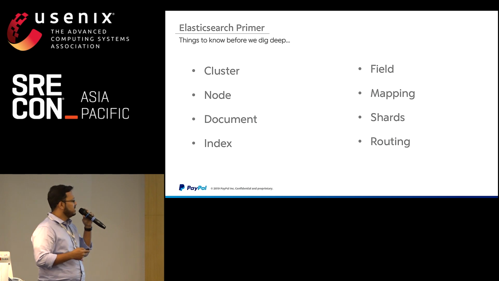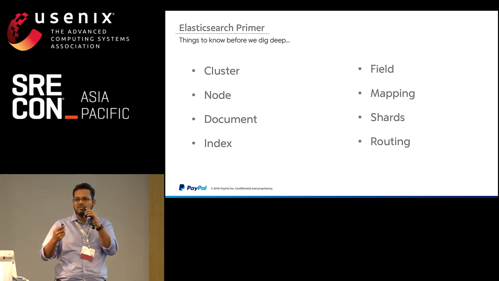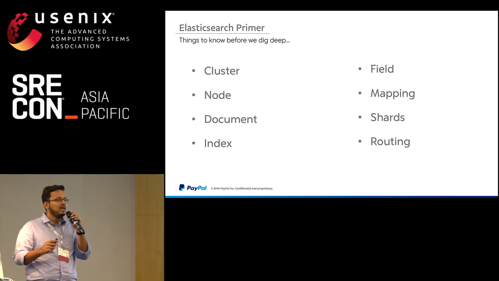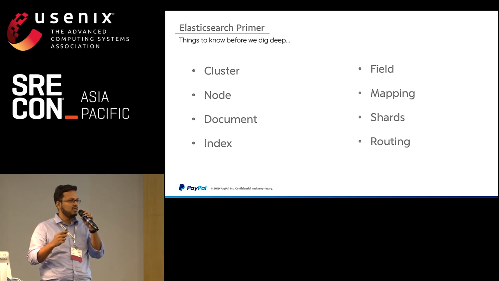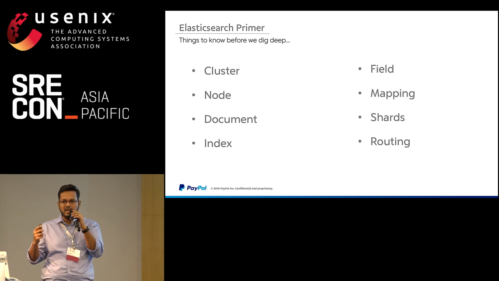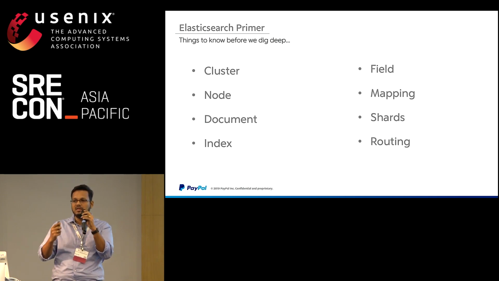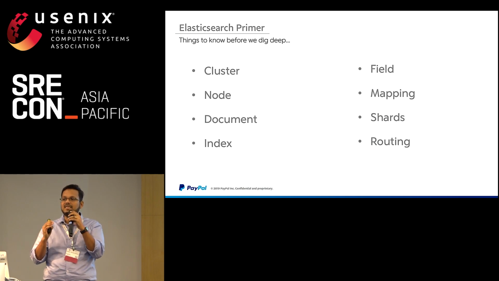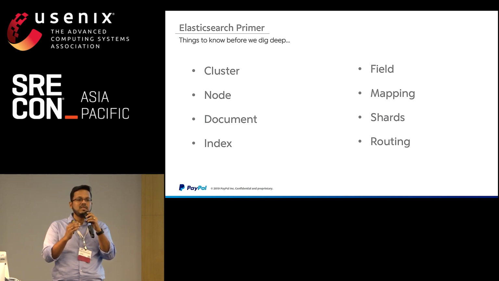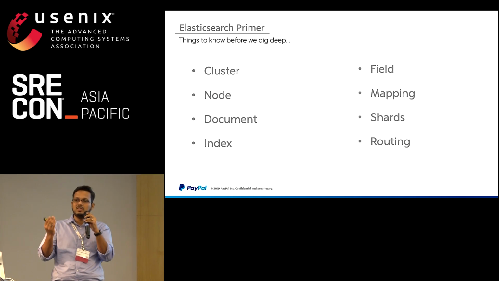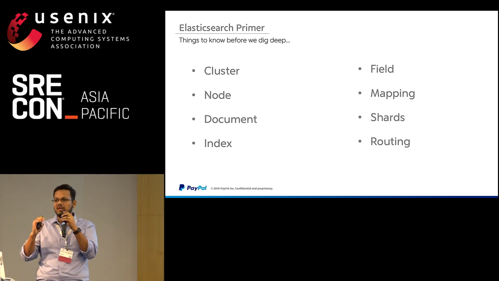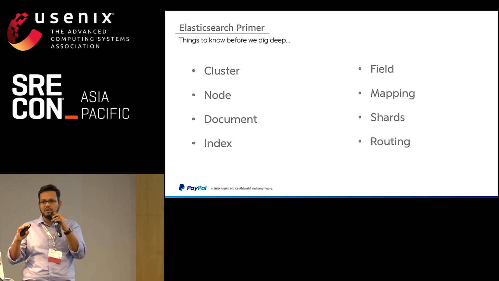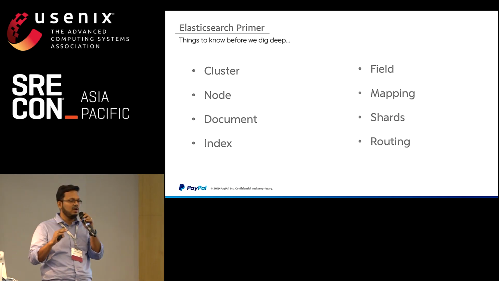A node is nothing but an elastic process. Think of it as a JVM process that runs Elastic with a bunch of configuration. Elasticsearch also has different node types. Since it runs in a distributed environment, there's a concept of a master node that orchestrates the entire cluster. Because it's resilient as well and needs to distribute data, the master does the heavy lifting of making sure the cluster is stable, with enough cluster state maintenance and all of that.